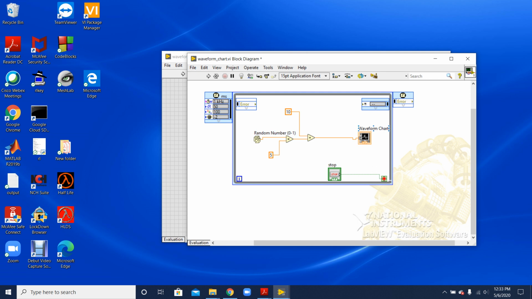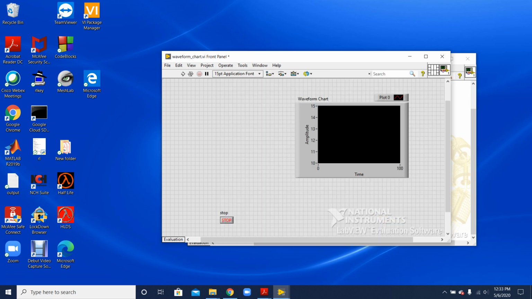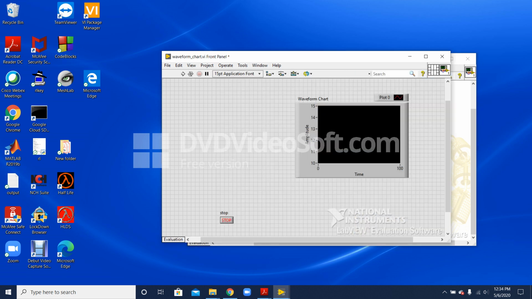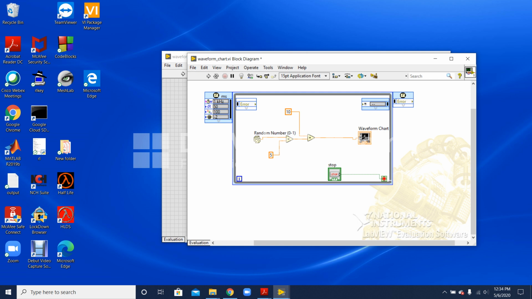I'm running in a time loop. You can also run it in a for loop or a while loop, or whatever you want. So this is the basic function of waveform chart and how it can be customized to change the colors, line width, and other parameters as we want to display them. It also takes in real-time input. If I want to give some other input, like through a numeric control, I can just keep on varying the input, and it will get reflected in the output. So that is all for this video, and thank you.